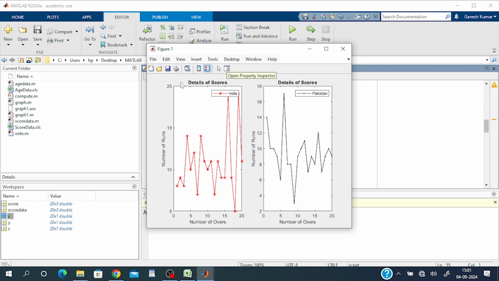So, if you could see that, details of scores, number of runs, number of overs, and the plotted area is divided into two things. How many columns? Only one row and two wide divisions, right? Two columns. In that, the first column corresponds to the Indian team, the second column corresponds to the Pakistan team, like that. Now, if I want to divide the plot area into two subplots in that direction, this is a vertical